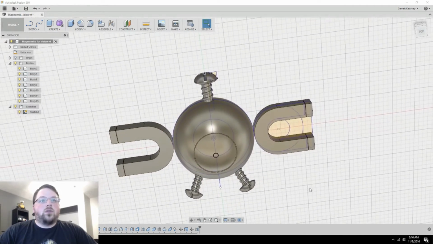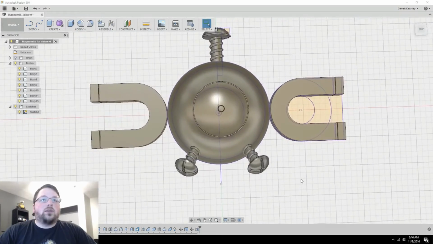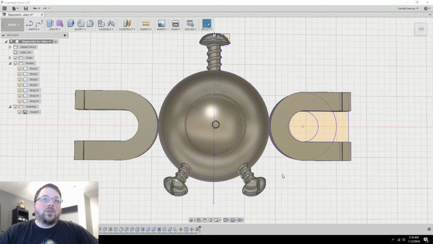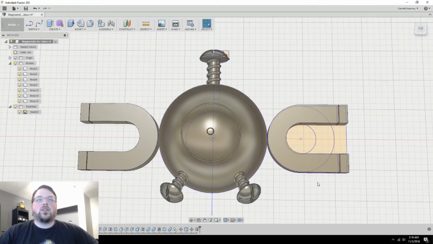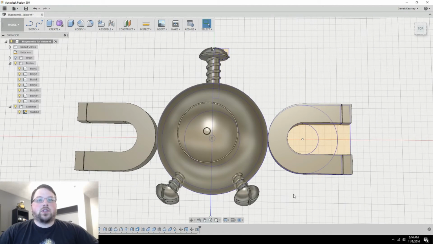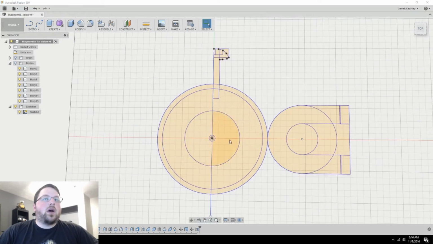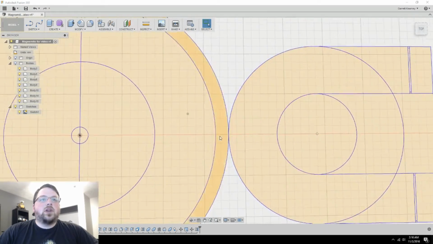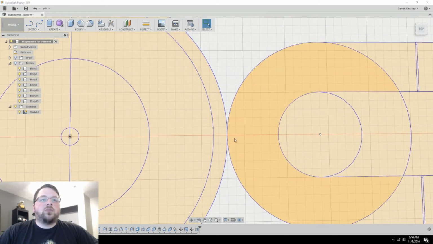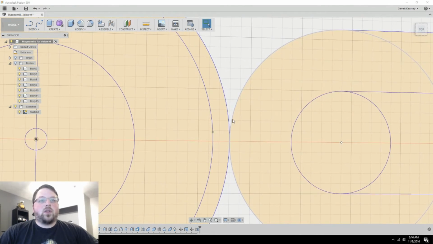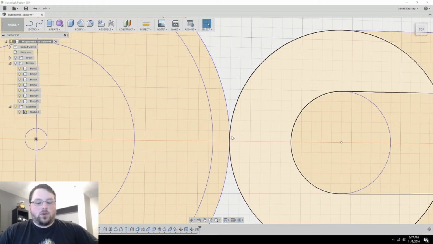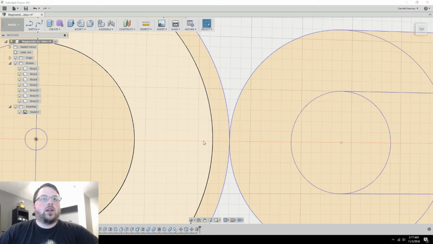Okay, so there is the full and completed Magnemite, but we are not completely done. The only thing we have left to do is allow all these things to connect together. So we need to put some holes in this. I'm going to hide all the bodies real quick, and on this sketch, if you look right here, these are touching, but they're not going to be printed together like that, and they're not going to stay together very well like that. So what I'm going to do is create a rectangle,